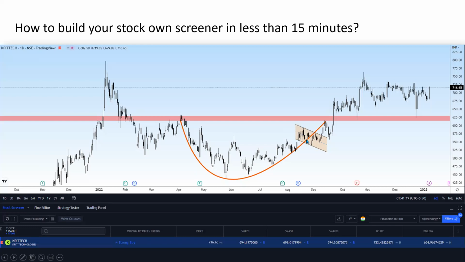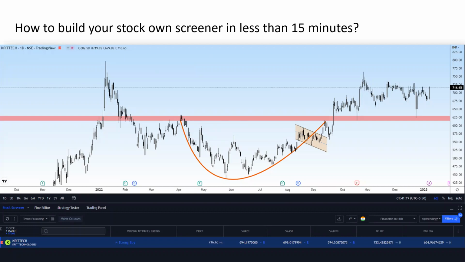I took this screenshot at the very last minute when Kotari sir advised me to add a couple more slides for the basic ones, and I agreed. That was very much required. Building a screener here is very easy as compared to platforms like Streak and Chartink, though they are also very robust in their own nature.